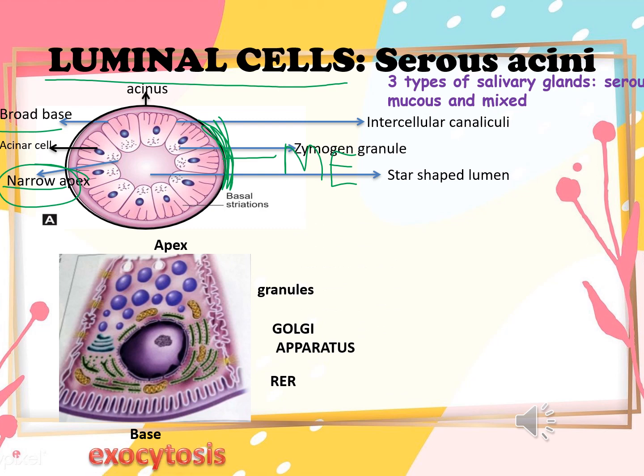This is very specific for serous cells. Now, in the initial stages of development, these granules are very pale staining. They can be stained with toluidine blue in order to study them, especially in electron microscopy and ultrastructural images, where we can see them. We cannot see them in H&E sections as such.